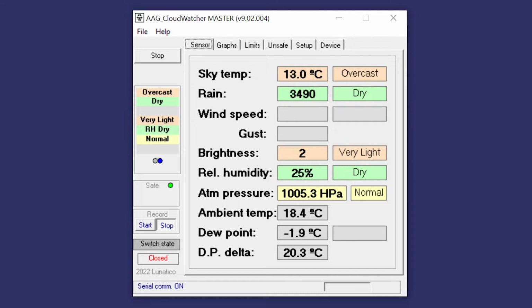The Sensor tab presents a concise view of the primary parameters of the CloudWatcher and is largely self-explanatory. The parameters available will vary depending on the specification of your particular device. Here you can see that the laboratory CloudWatcher that I am using to produce this video isn't attached to an anemometer, and therefore this information isn't available. By the way, the fact that this CloudWatcher is located indoors means that many of the readings, such as the sky temperature, may differ significantly from those that you would expect in a properly installed device.